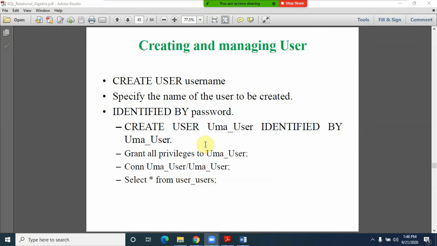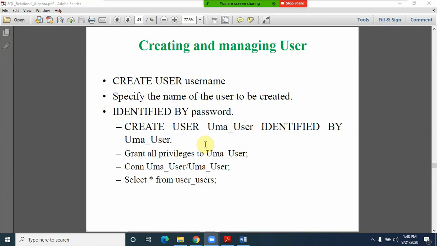Already in the laboratory we have seen, but I want to give this information to the other members also. Creating and managing users. There are certain situations, friends, where you can make use of Scott Tiger or sysdba, some default users. But if you are using those users, you may not have the permissions to drop a column or drop a table. For that purpose, we have creating and managing of users.